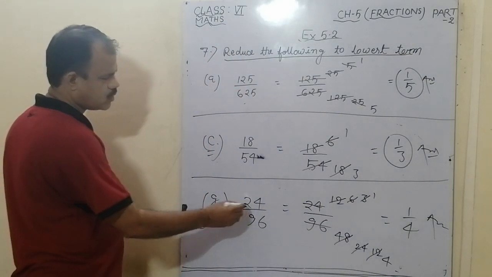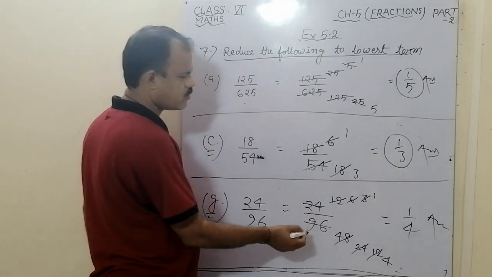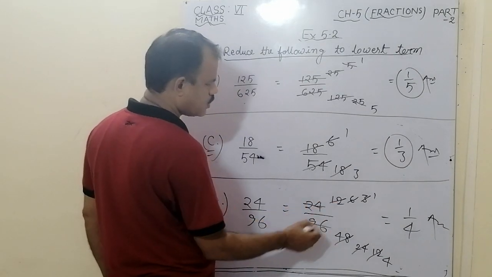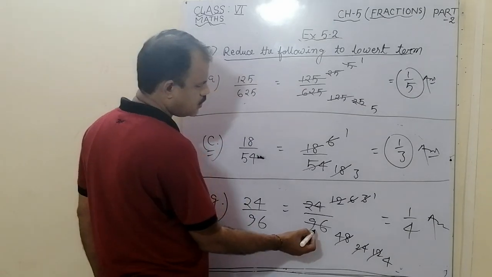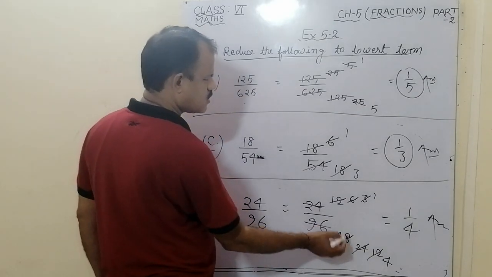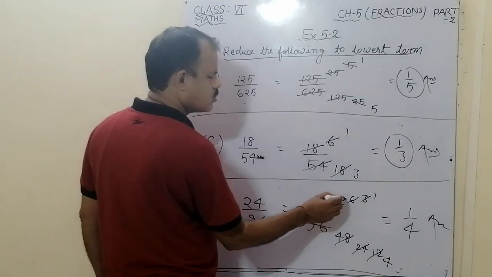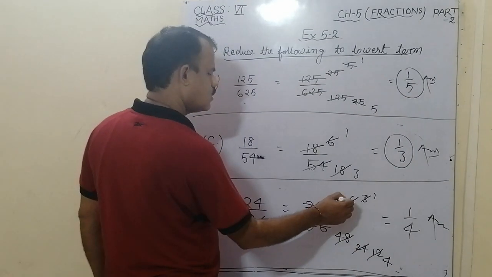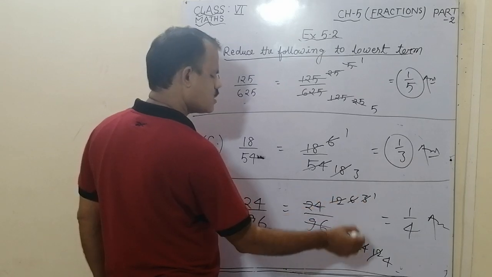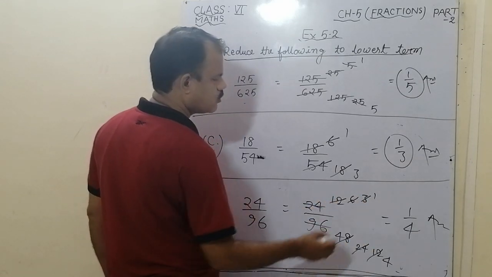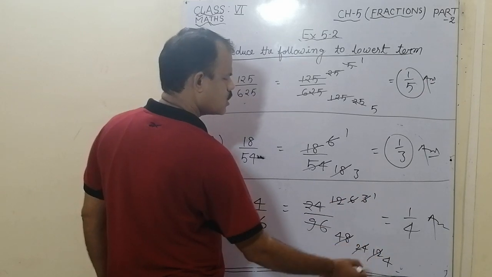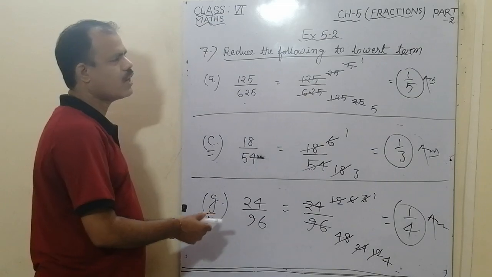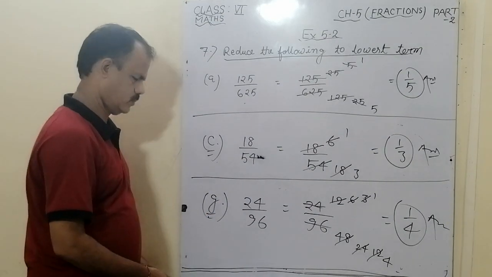See one more part, 24 by 96. We write 24 by 96. Cut this by the table of 2. 2 1s are 2, 2 2s are 4, 2 4s are 8, 1 remainder, 16, 2 8s are 16. Again by the 2 table, 2 6s are 12, 2 2s are 4, 2 4s are 8. Again 2 by 2, 2 3s are 6, 2 12s are 24. Now 3 1s are 3, 3 4s are 12. So 1 by 4 is the final answer. In this way you have to solve the remaining parts.